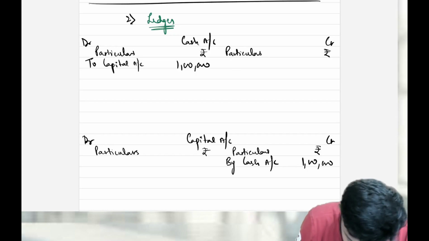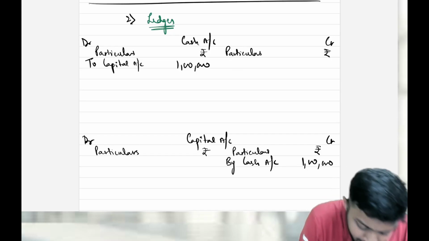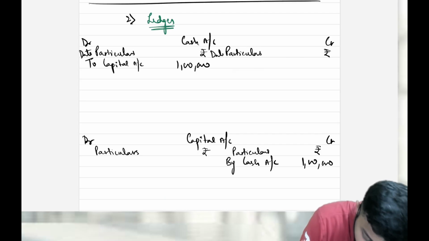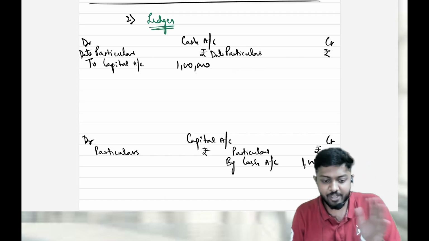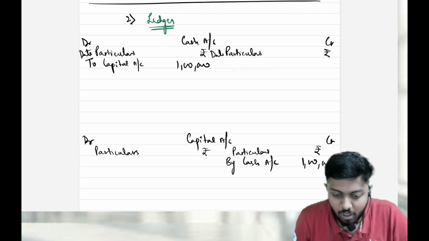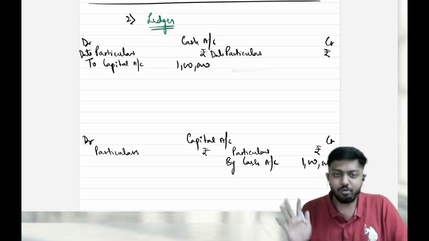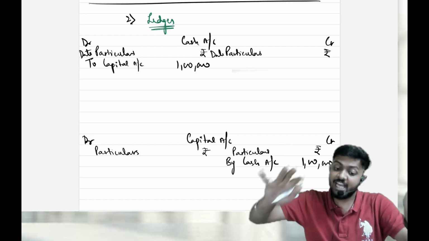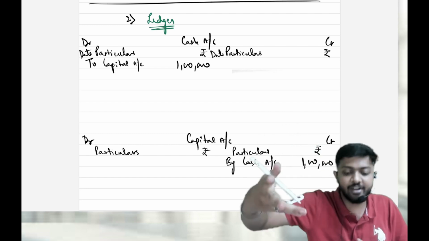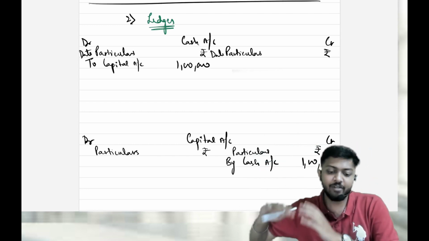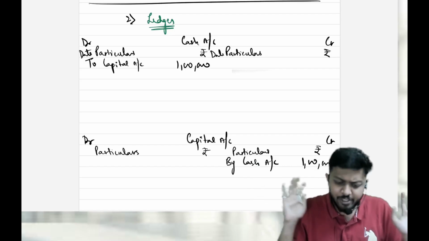Generally, this is the ledger format. There's one more column here. It will be date. So date, particulars, rupees, debit and credit. You have to record the date of the transaction also in the date column. So that's how you post journal entry. If that particular account is debited, then in its ledger also it will come in debit side with the opposite account. If that particular account is credited, then in its ledger also it will come in credit side with respect to the opposite account. This is how posting happens.